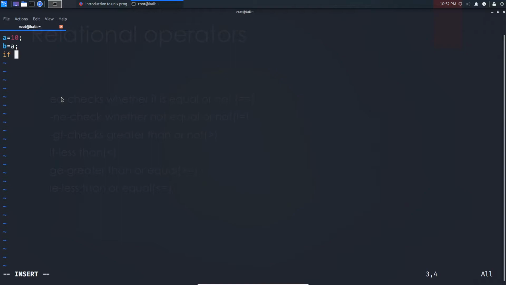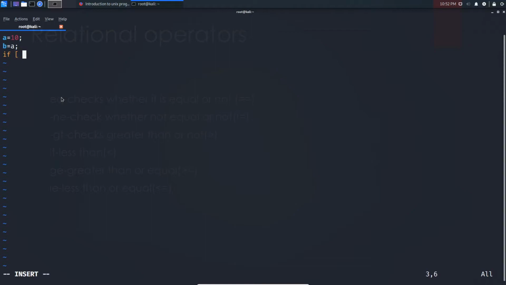I will only cover the if condition here, because to demonstrate relational operators you need a control structure like if. In later videos I will explain control structures clearly.